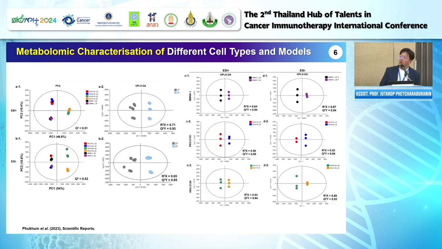Then we extracted all the cells and performed metabolomics using liquid chromatography mass spectrometry. As you can see from the far left PCA score plot over here, whether 2D or 3D doesn't have a strong effect on differentiating the cells, rather than the cell type itself. So all the cells cluster together, with 2D and 3D, 2D and 3D, and 2D and 3D of